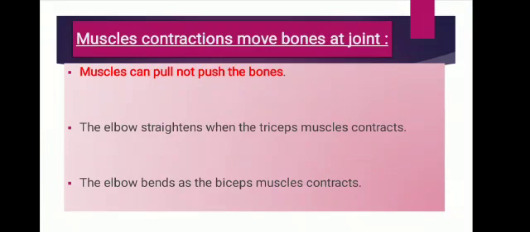So the movement of body parts, that is locomotion in human beings, is brought about by the alternate contraction and stretching of muscles attached to the movable bones of the skeleton. They produce movements such as moving the head, bending of the arm, straightening of the arm, walking or running, etc. And all these contractions of muscles which bring about movement are controlled by the brain. So we will describe the bending and straightening of our arm.